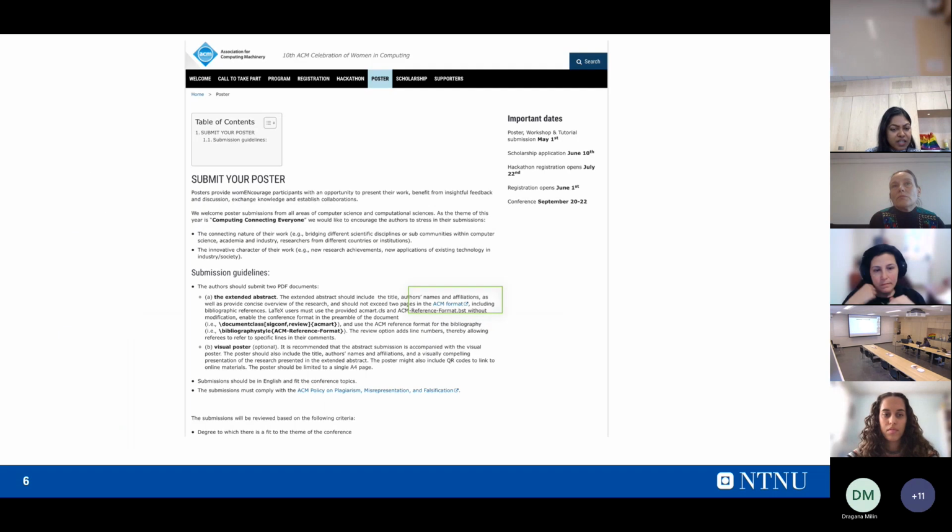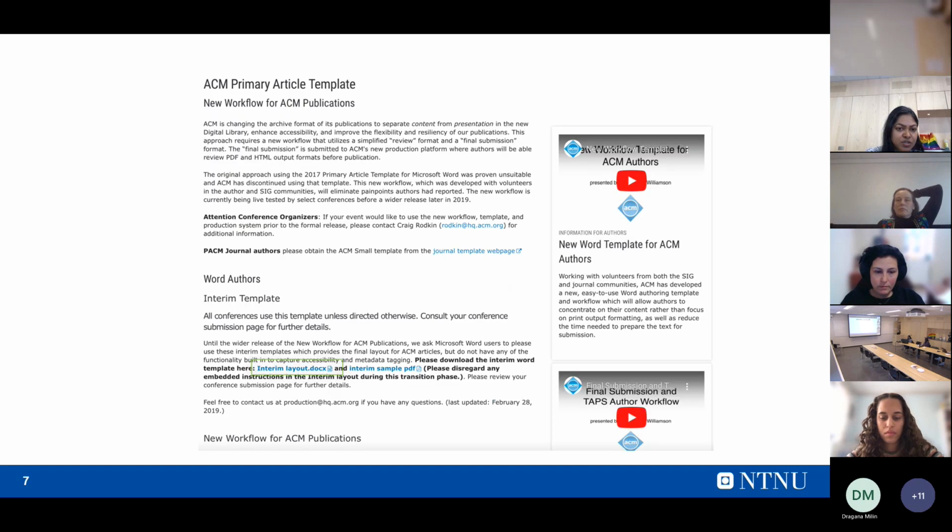So now I'll just quickly show you the website. This is the womENcourage website, and if you look under the posters tab, you have submission guidelines. Here you will find a template. The ACM format template is over here. It might be a little hard to find, so that's why I thought of sharing it. On clicking that link, you will be taken to the template webpage where you can find the template for writing your extended abstract.